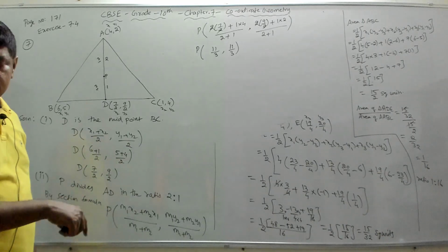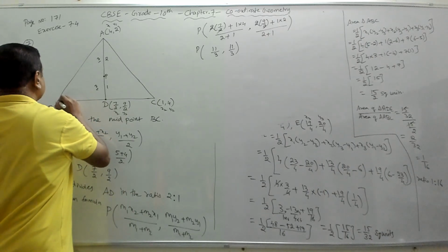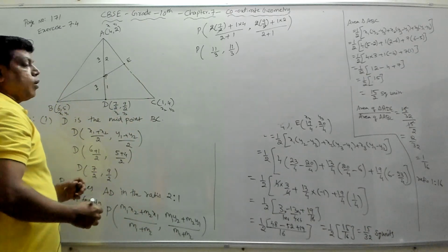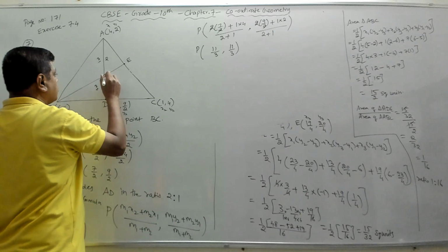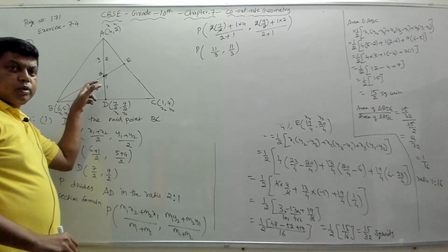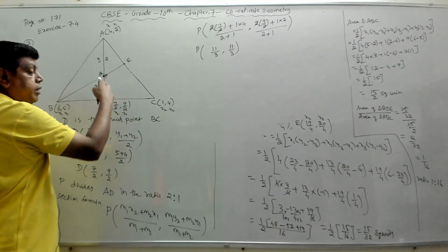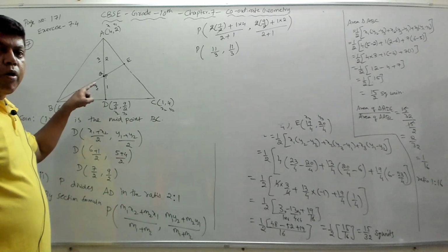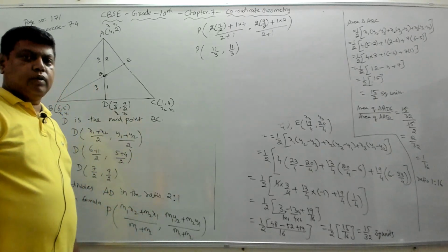Now another median, we are going to draw another median BE. Suppose BE goes here, this is E. Now another point Q, suppose this is Q. Actually it will lay on P because this becomes the centroid of the triangle. That's what we are trying to prove. All the medians of the triangle are concurrent, and that point where all the three medians meet is called the centroid of the triangle.